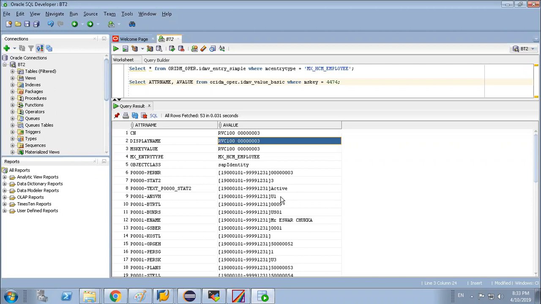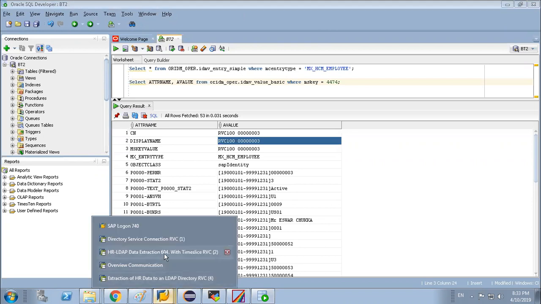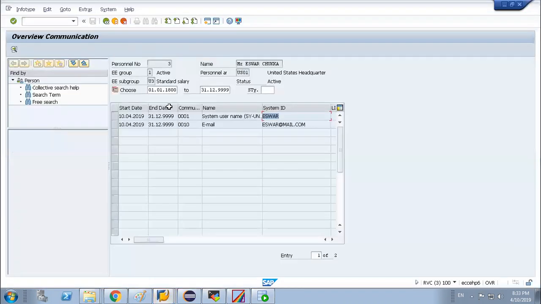So someone from HR would create an entry for an employee, and once that partner is created, a program would trigger in the HR system and create the user ID based on the partner.